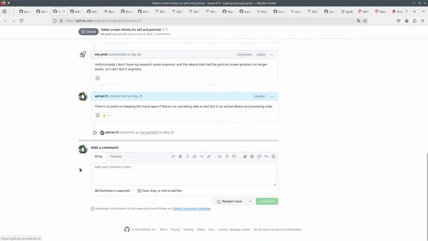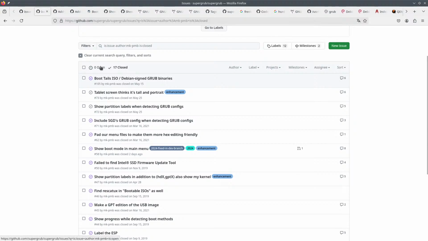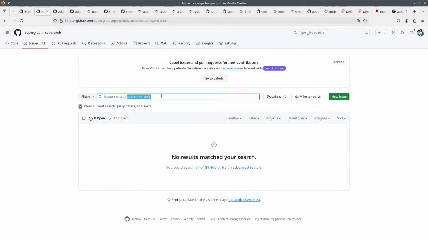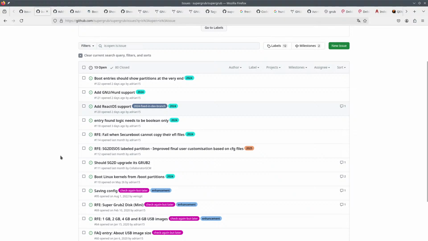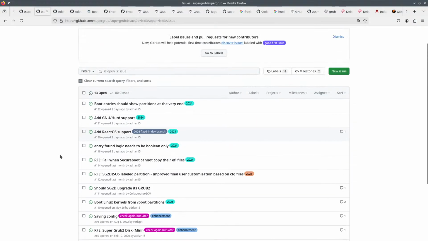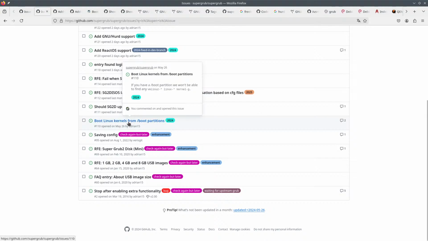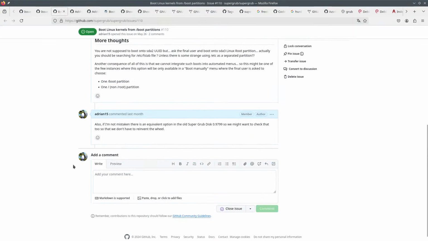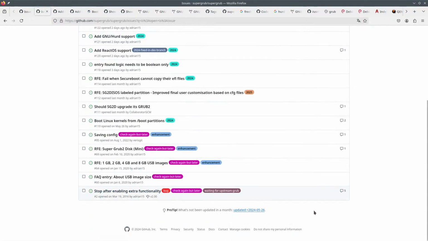Wait a minute, please. Because I have the explanation for you in that issue, but apparently it's not something from him, but he has commented in another commit, so it's probably a commit with more than one comment. Boot Linux kernels from both partitions. Is it something? No. Okay.